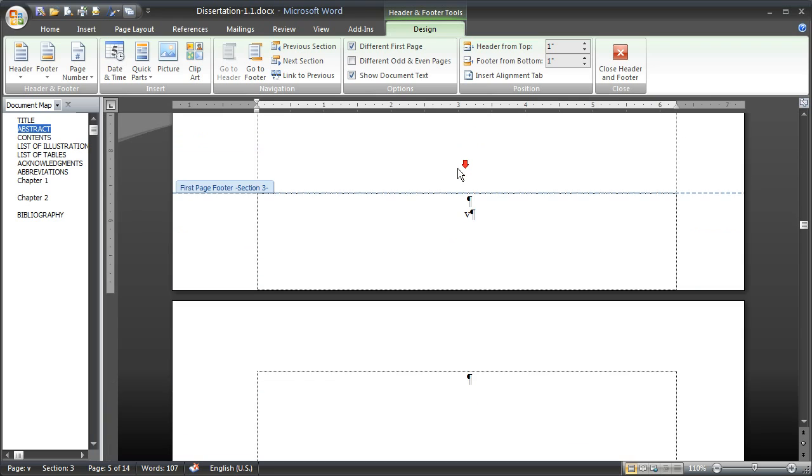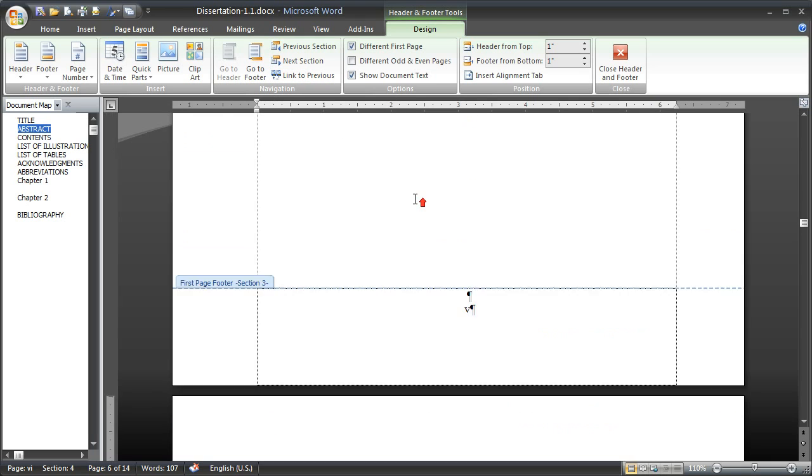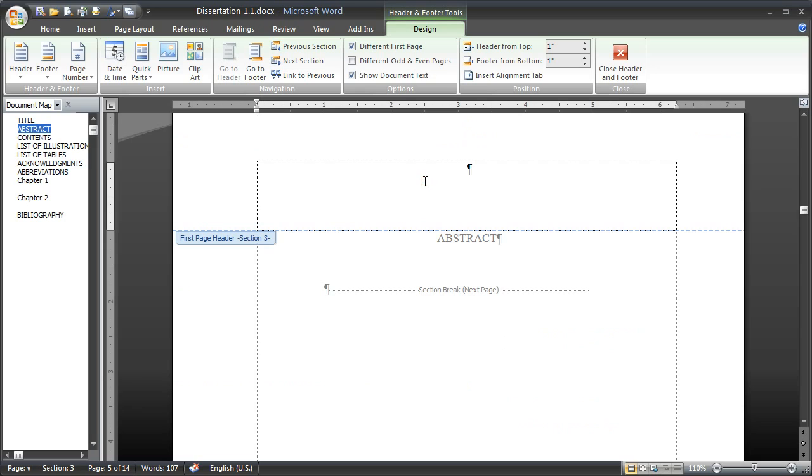Same thing, scroll down to the next section, which is the dedication. Click into that header, and also make sure that it is not linked to previous. So this is not highlighted when you move your cursor away. And if it is highlighted, click on it, and that will fix it. Okay, now